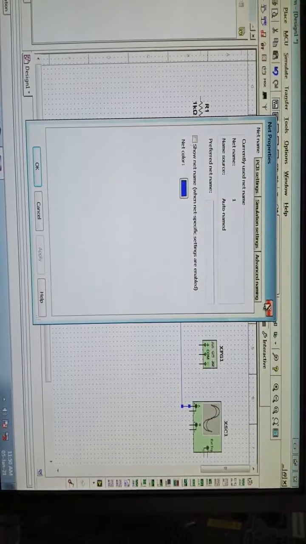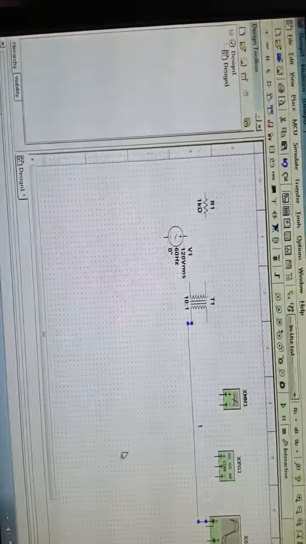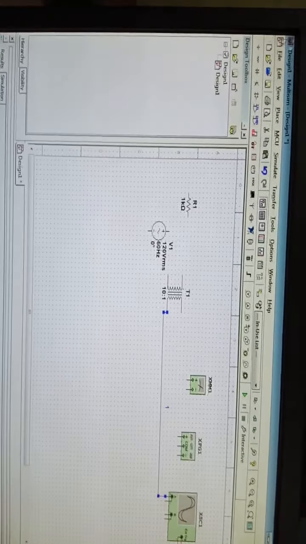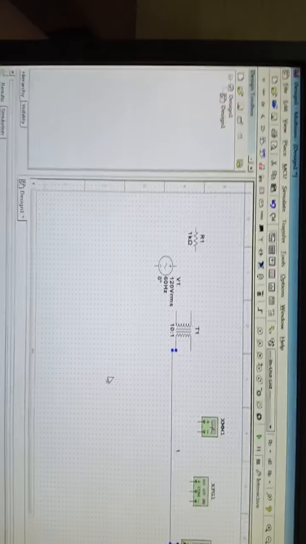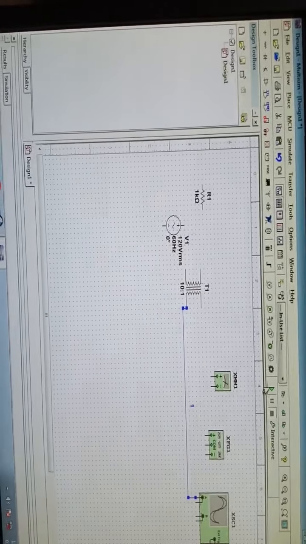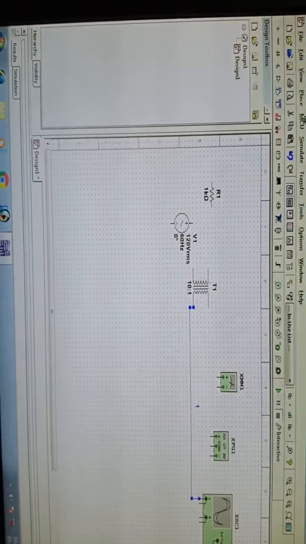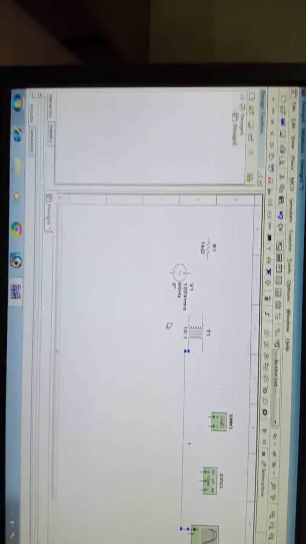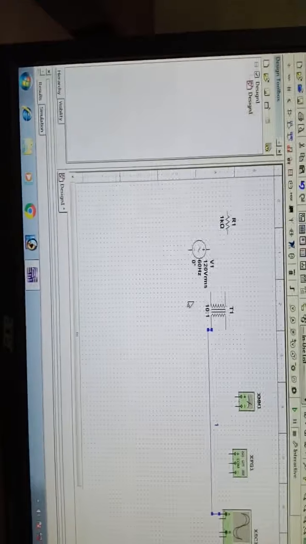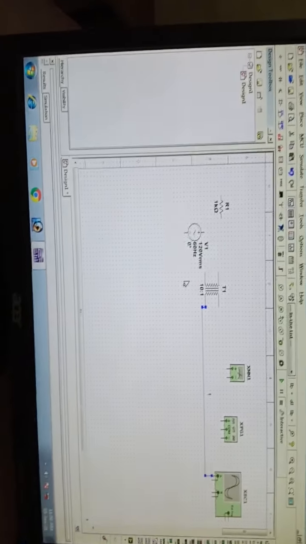By this you can change the color of the wire and connect. Everything is given specially in the software, no need to worry. Just search for the things and design the circuit on your own, and check. For simulating the circuit, you simply press run, it will run and then finally you can see the output. So in my next video, first we will construct the half wave rectifier and see how the output comes.